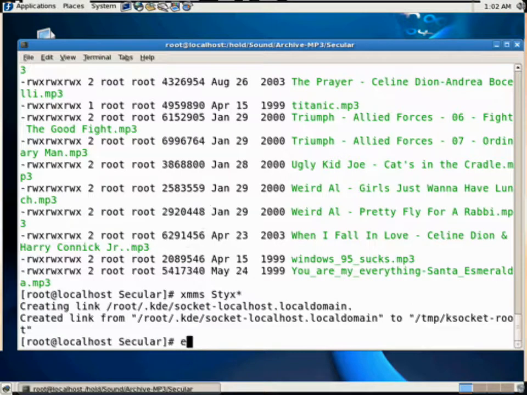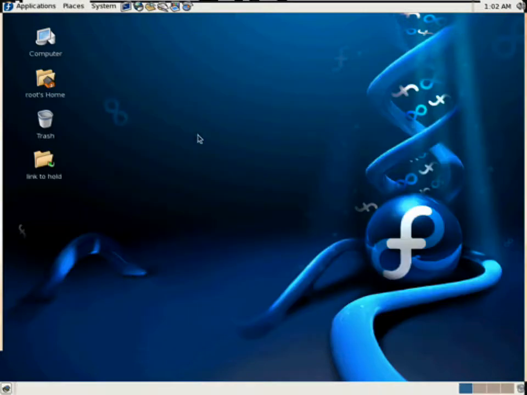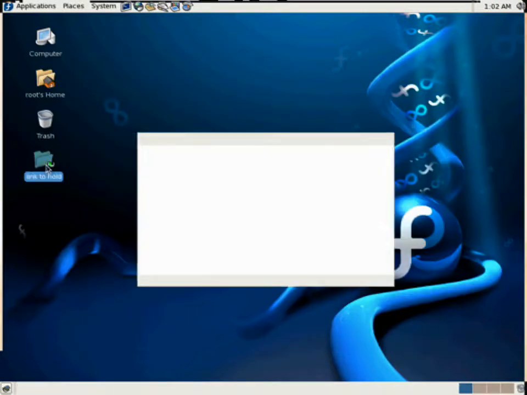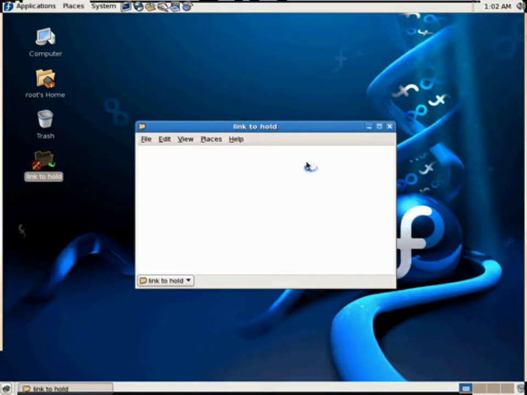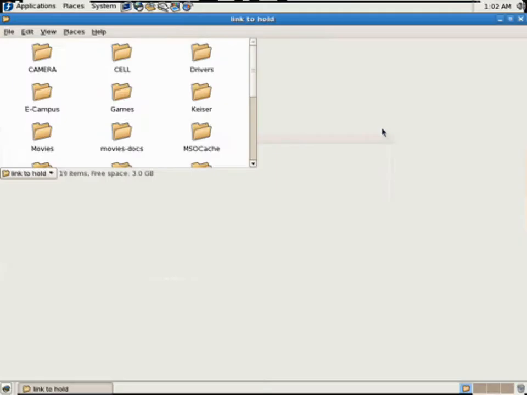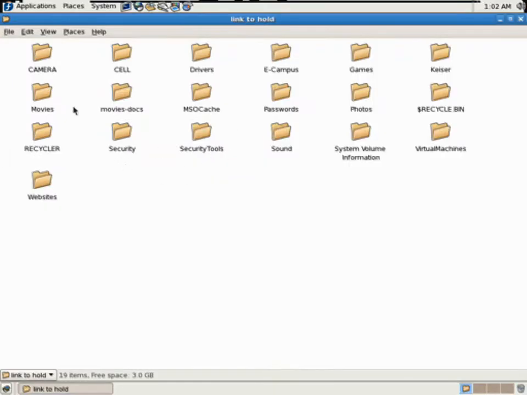Okay, and now I'm going to go ahead and exit out. And what I did is I created a soft link here that goes to that folder, that mounted folder. So again, we can just check some file type associations. If I go